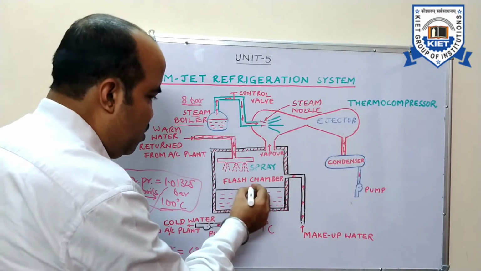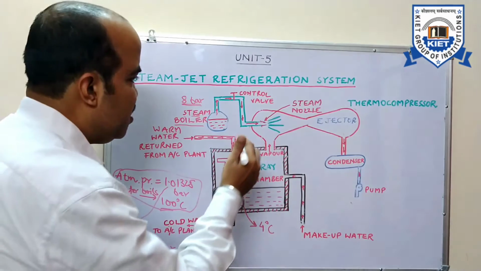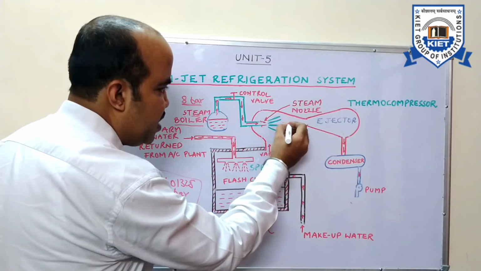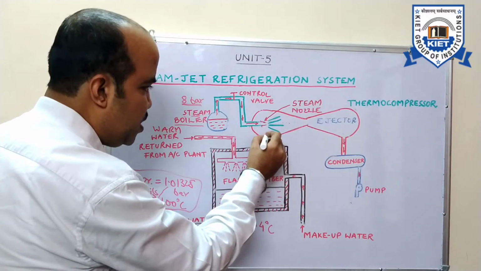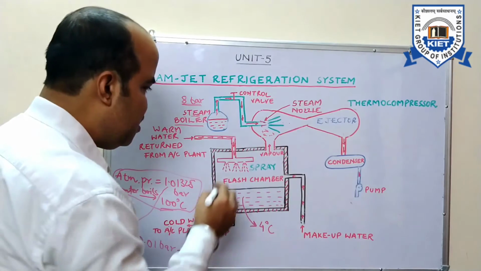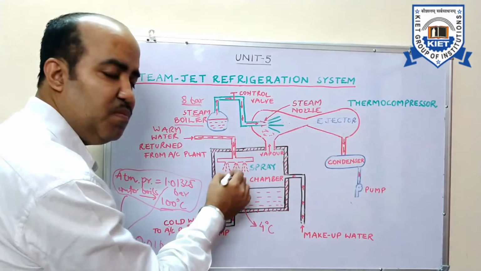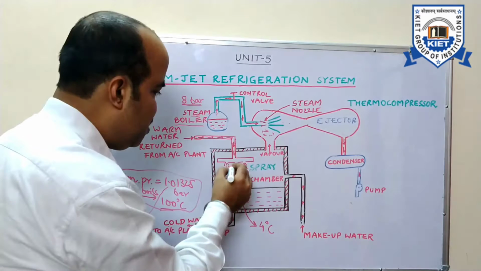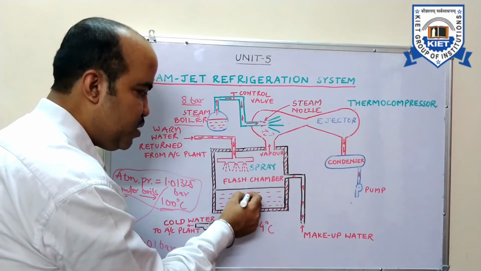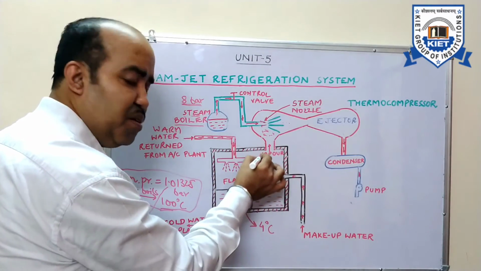Okay, now as I told you in the previous few minutes, the velocity of the steam at this part is very high, so consequently the pressure over here becomes very low. Now these water droplets which are coming out of the nozzle in minute particle form are at a comparatively higher temperature than the water which is over here, and the water starts converting into vapor.